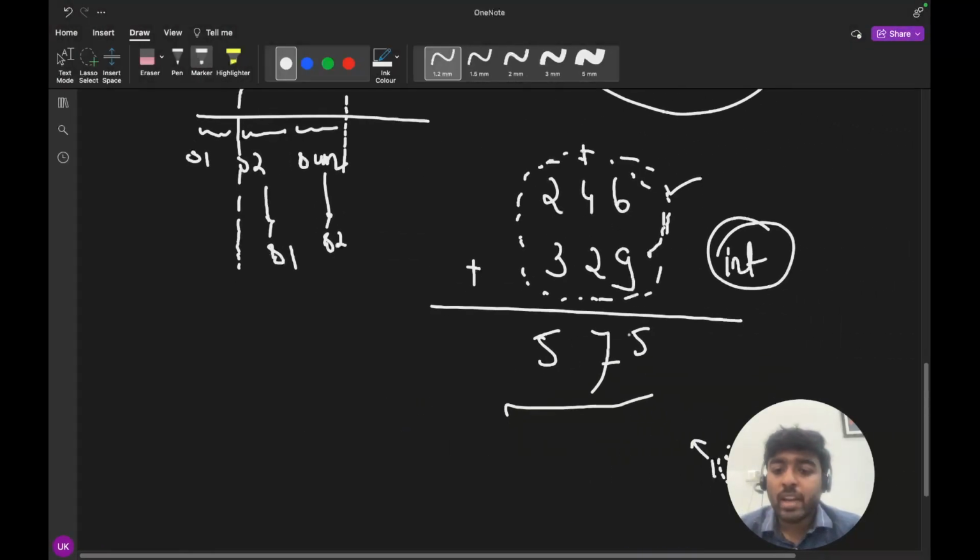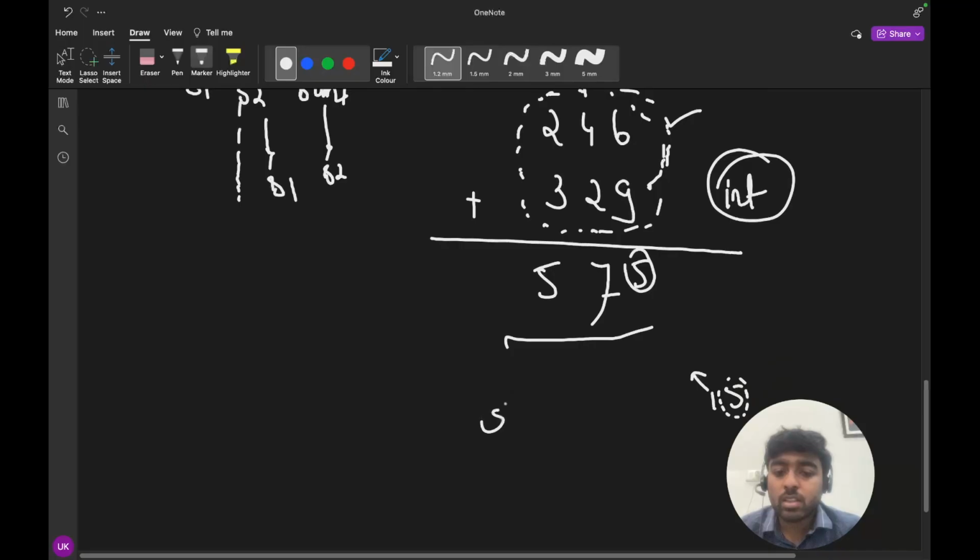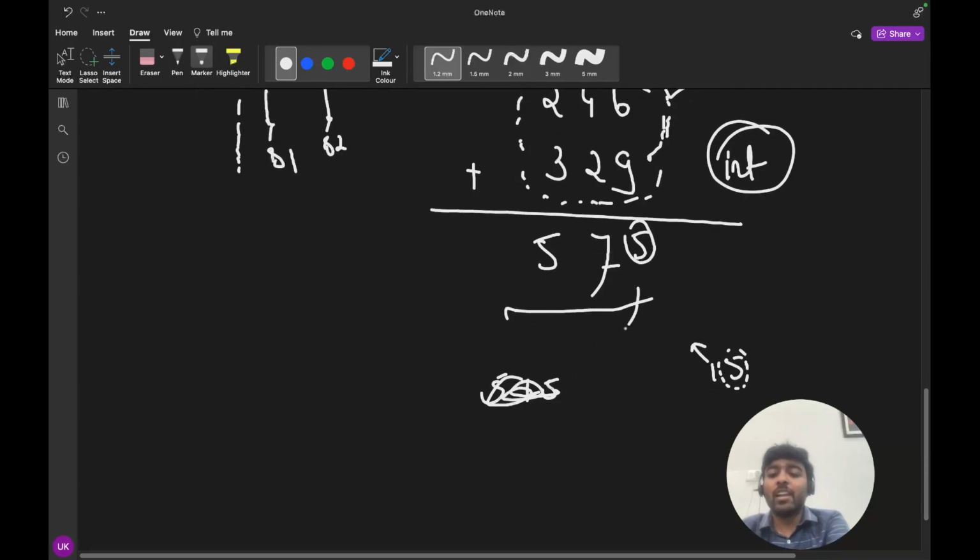Because we are adding like this: adding 5 in the answer, then adding 7, then adding 5. So this is not the correct order, we are adding in the starting, then this, then this, so we have to reverse the answer.